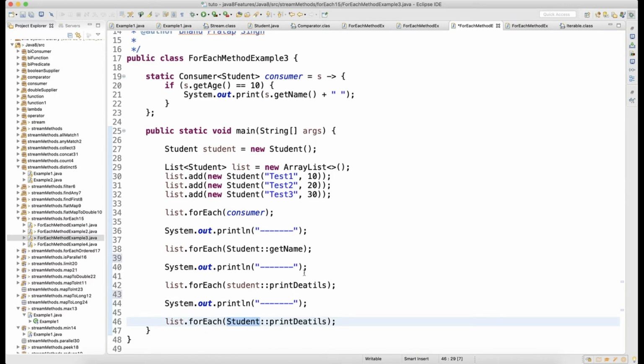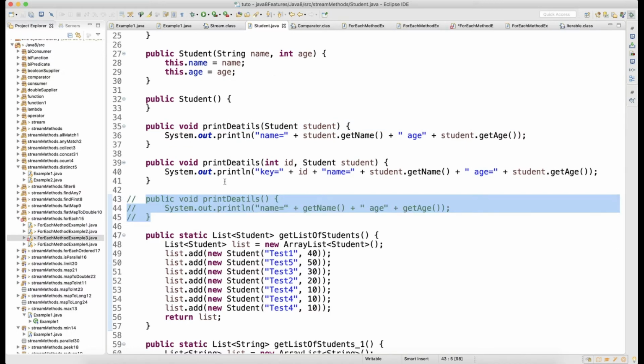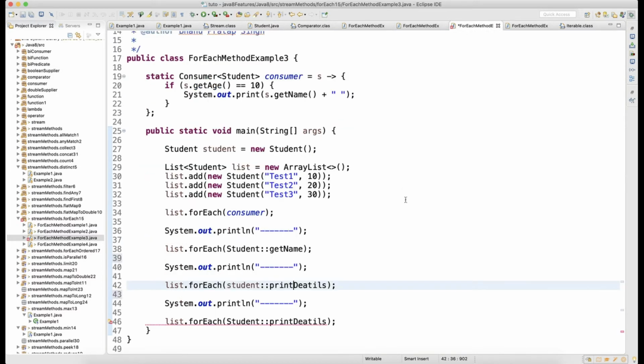Now you might be wondering, why can't we call this one? So let me do one thing. Let's say I will comment this. Okay, I have commented this. Now this default method is not there, right? Now come here. When you come here, you can see that an error is already coming, and what it is saying, you can read this: cannot make a static reference to a non-static method.